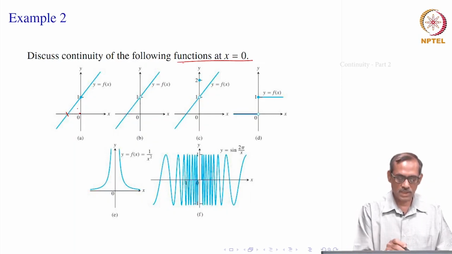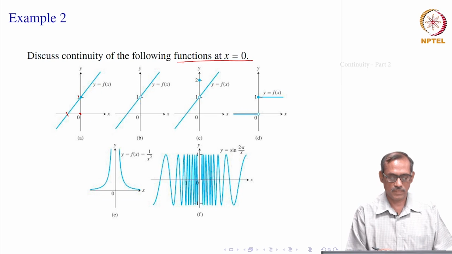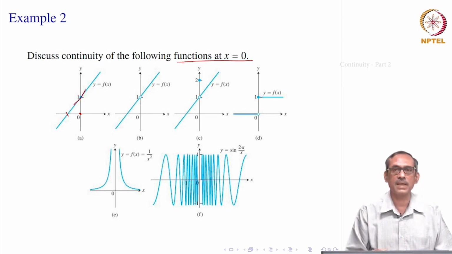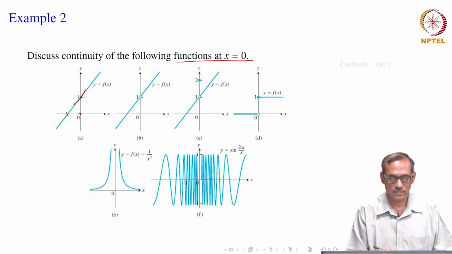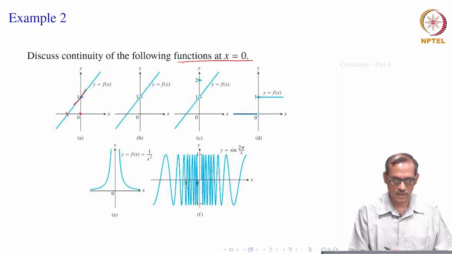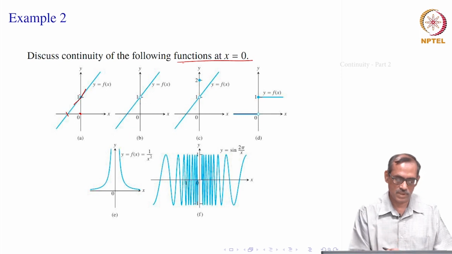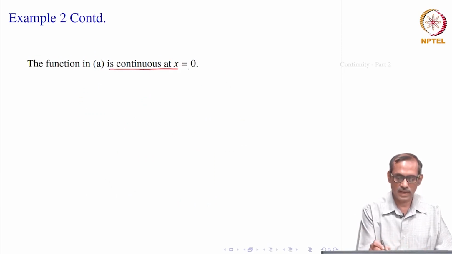Okay. But for this function we want to find out at x equal to 0 whether this is continuous or not. As it looks, you do not have to lift the pen, you can draw including that point 0, at the point 0 f of 0 equal to 1. So, it should be continuous, right. Left side limit equal to right side limit equal to the functional value f of 0. That is what we say, that it is continuous at x equal to 0.